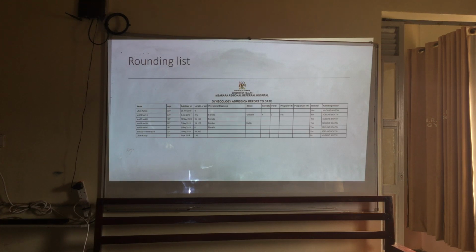So this is a rounding list. A rounding list is like a summary of the patients who are in our department, gynecology admission. You are going to see all the patients with their ages, when they were admitted, length of stay, provisional diagnosis, status, whether they are stable or unstable, and then gravidity, parity, whether they are pregnant, and whether they are referral, and the admitting